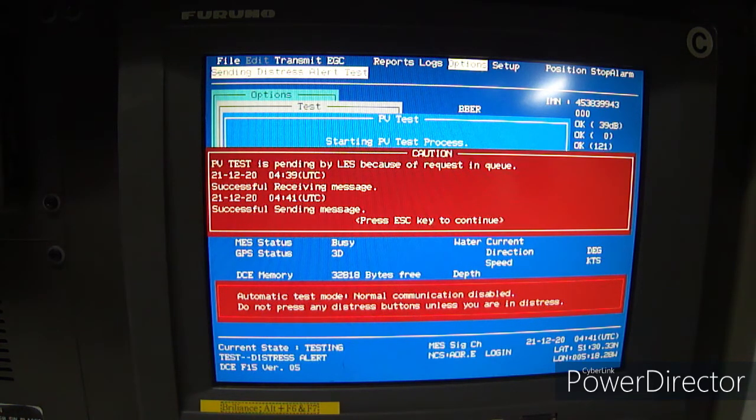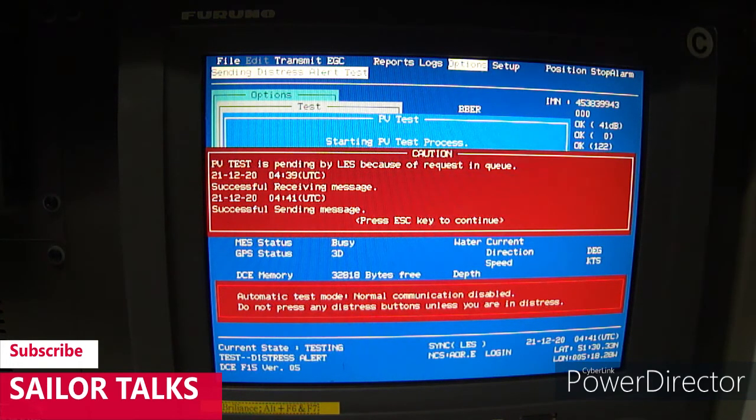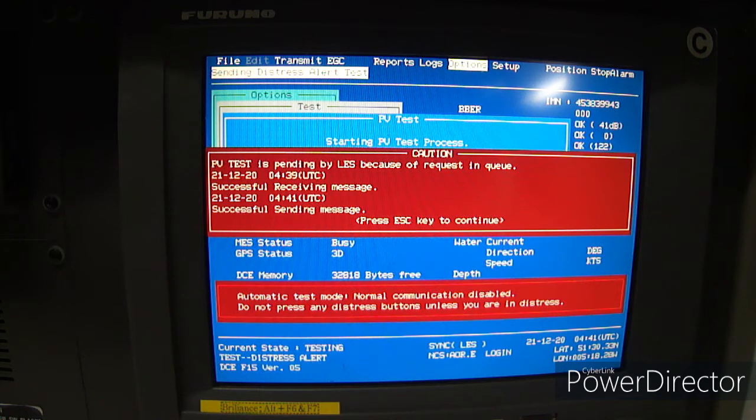It can send messages, and you can see in your current status testing test distress alert. It means it is testing whether your SATC equipment distress mechanism is functioning properly or not.